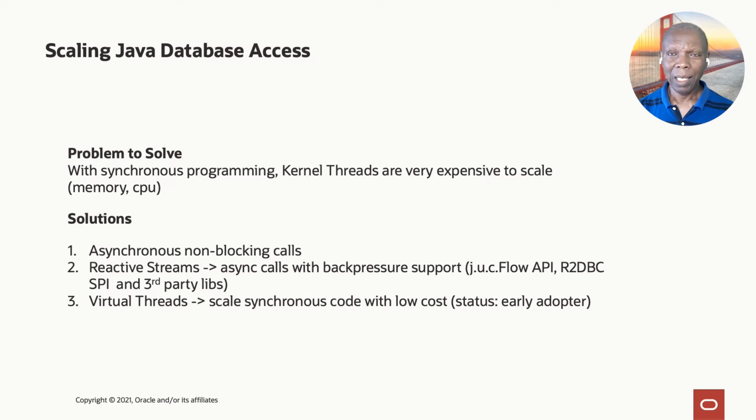Now, recently, the Java SE, which defines the Java standard, has proposed Project Loom. And Project Loom has virtual threads. The proposition of virtual threads is those threads are part of the JVM, are created in the JVM. The JVM is the virtual thread factory. So you can have thousands or millions of virtual threads in the JVM. They are scheduled by the JVM.